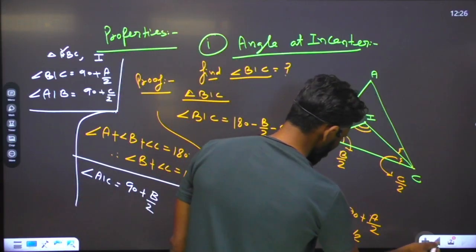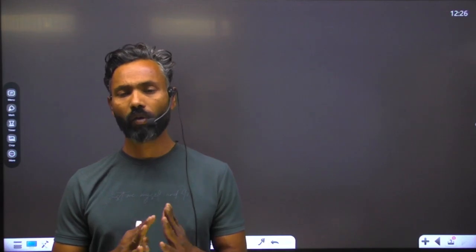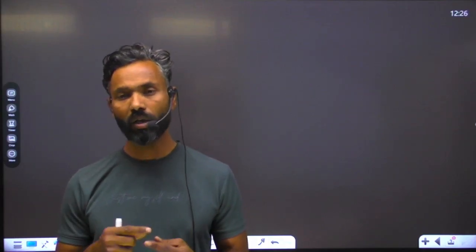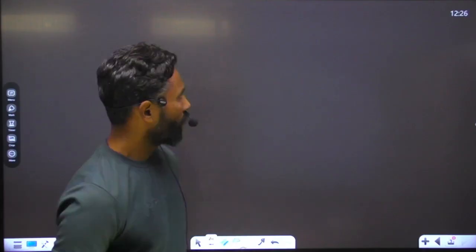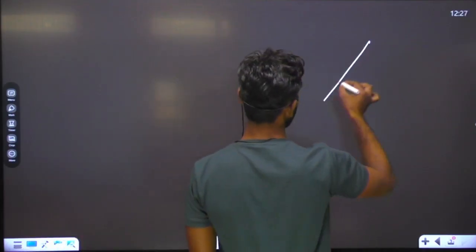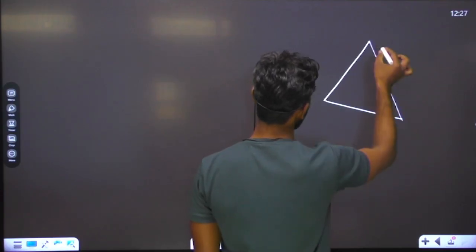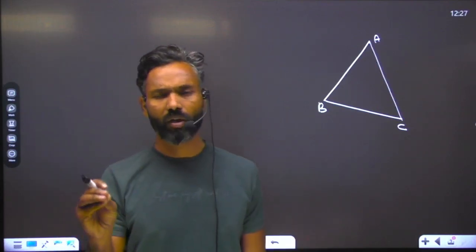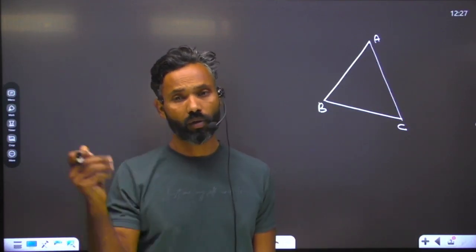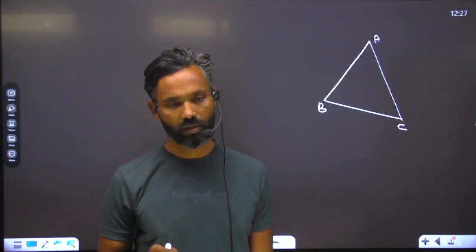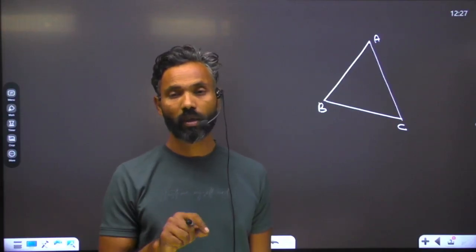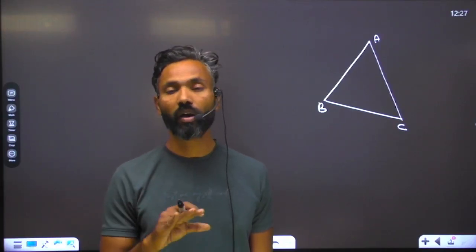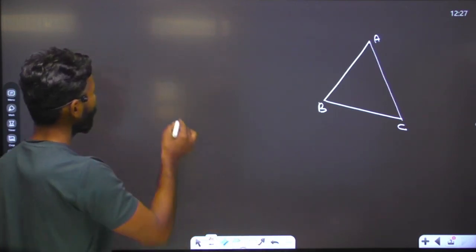Now we will start discussing the next property. We will understand how we can calculate the length of the inradius of an incircle. Suppose this is the triangle ABC, and there are 3 to 4 formulas for the calculation of the inradius. In the same way, there were 3 to 4 formulas to calculate the circumradius, which we discussed in the previous session. We are going to discuss the formulas for the calculation of the inradius in different kinds of situations. So situation number 1 says that